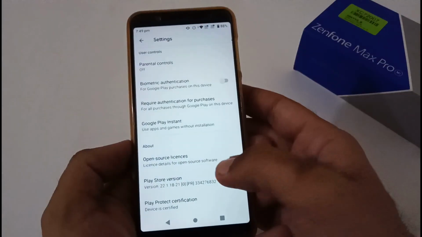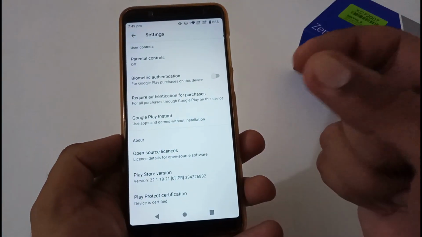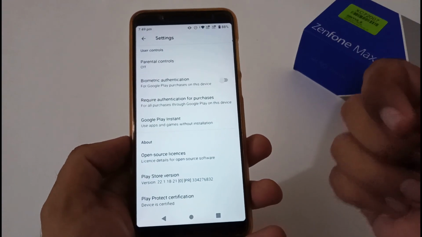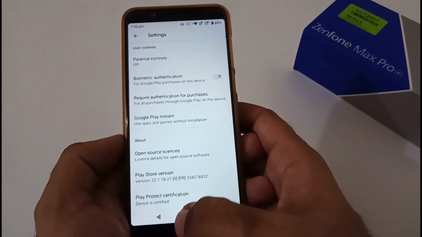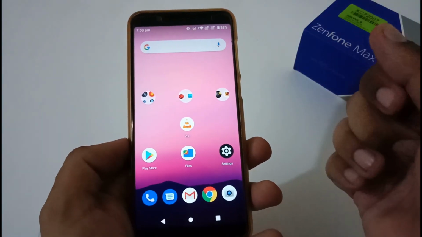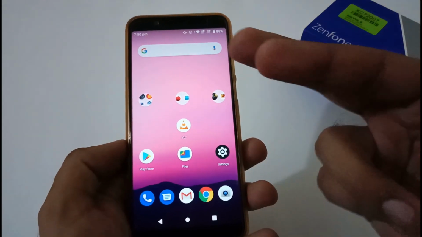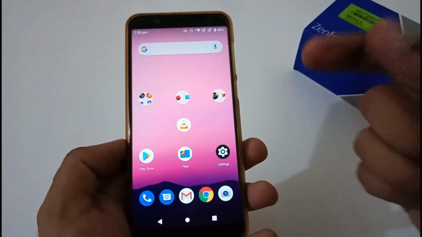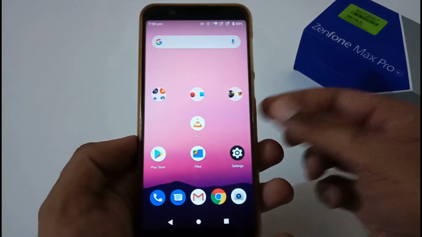After this, now let's move to Play Protect certification. Although I haven't faced any issue on either the Android 10 beta versions or the Android Pie stable version, just for confirmation, on Android 10 beta 4 the device is certified by default, and even on Android Pie 087 it was. I'll be sharing the dedicated links for the reviews of 432, that is Android 10 beta 4, and 087 Android Pie stable version in the description box below, so that you can go over them afterwards.